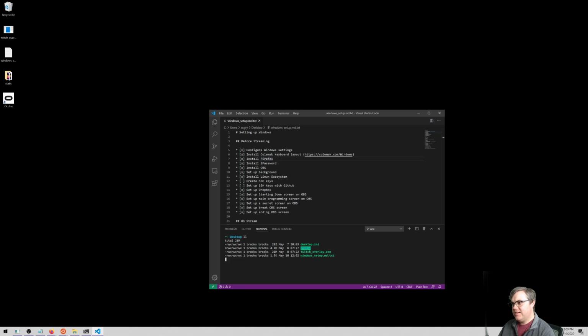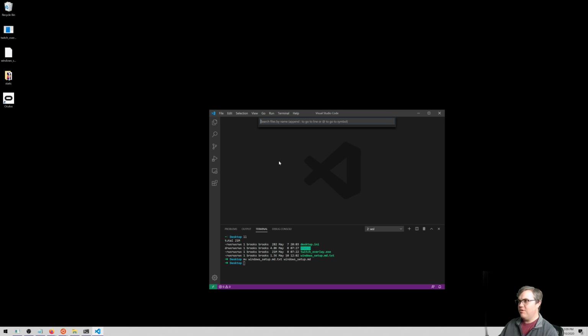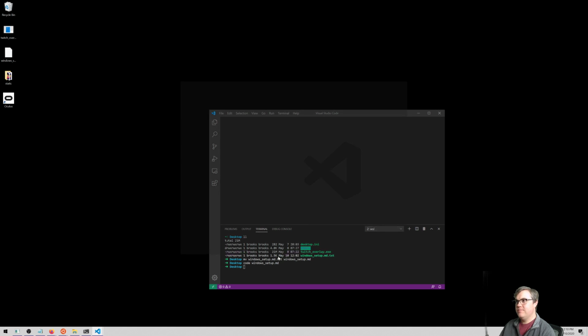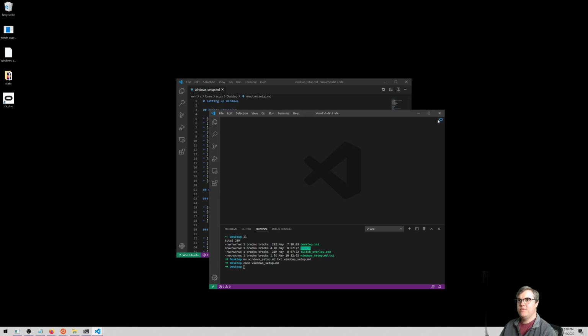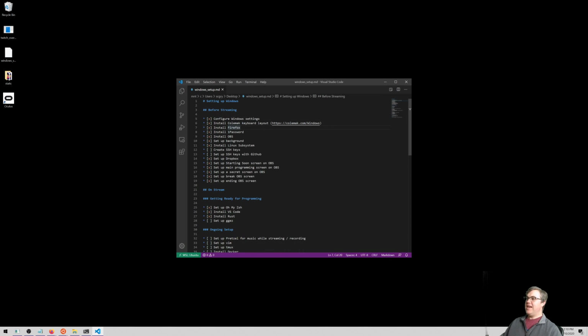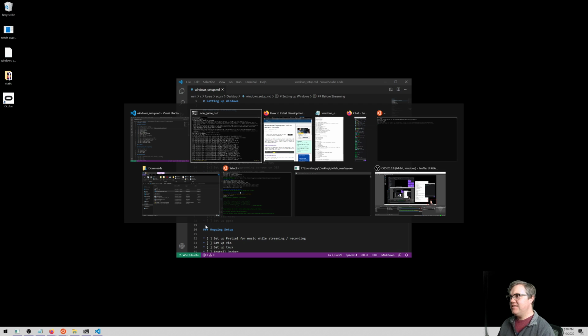So then I want to move my Windows setup.txt to just the markdown file. And now open up the markdown file. Oh, you're not actually open there. Code. Cool, you open up a new window. Now that actually looks correct. Cool, and it's in WSL for Ubuntu, so that's nice.